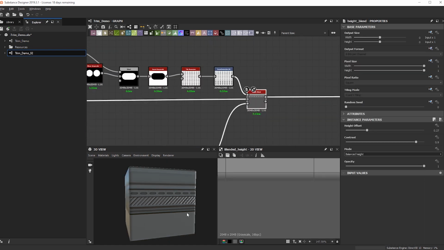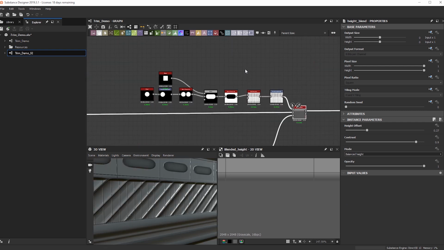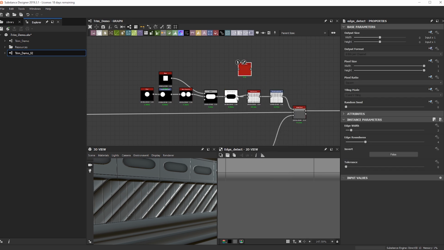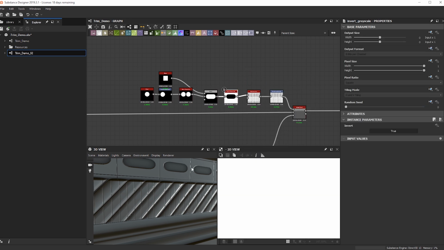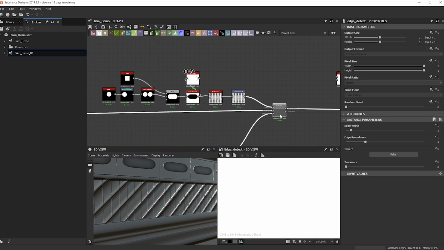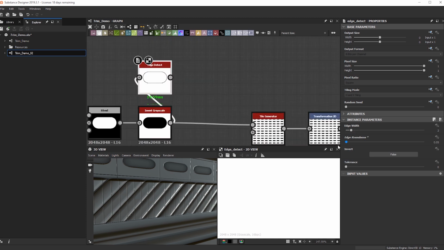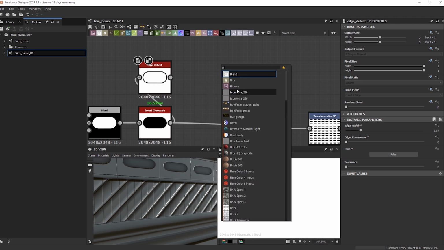So the one thing I do want to do though is actually add a lip around this guy, so we can just do an edge detect and integrate that more. And maybe we can push these cut lines just a little bit more to give us some more width on them. So I'm just going to move this over to the side. Bring down the randomness. And then I'm going to do a blend.